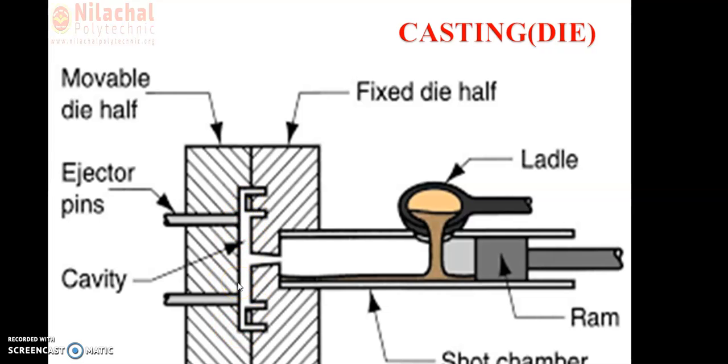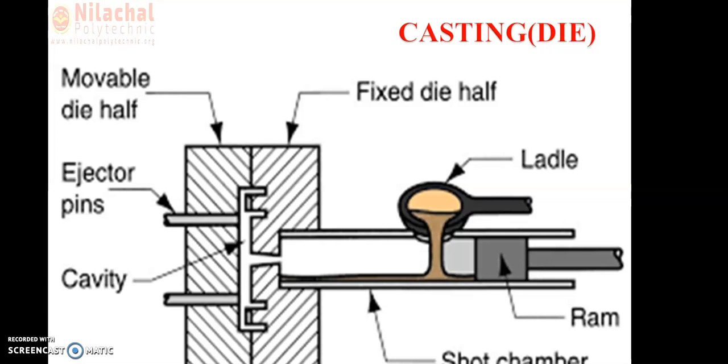So here, if you compare the hot chamber machine and the cold chamber machine, two things are very important. Number one, in the hot chamber machine, heat is continuously supplied throughout the process to keep the molten metal in the molten state. But in the cold chamber machine, such provision is not there, because there is no heating zone. Therefore it is named as the cold chamber machine, because we are not providing any heat to the molten metal.